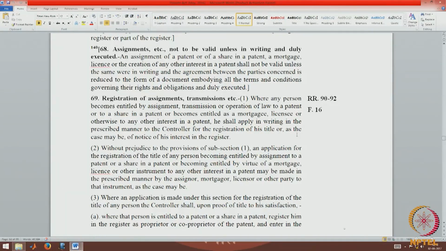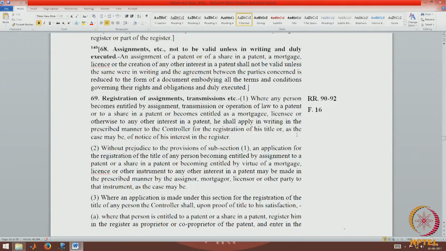We are not talking about a limited transfer. We are not talking about a license to use it for a few years, or a license to use it in a particular territory. We are talking about an absolute transfer. Assignment is an absolute transfer. Operation of law is an absolute transfer. So, the first part talks about an absolute transfer where the person who is entitled to a right gets